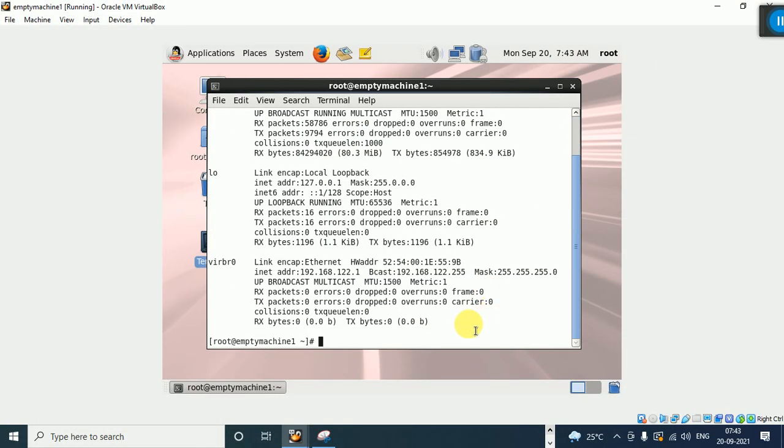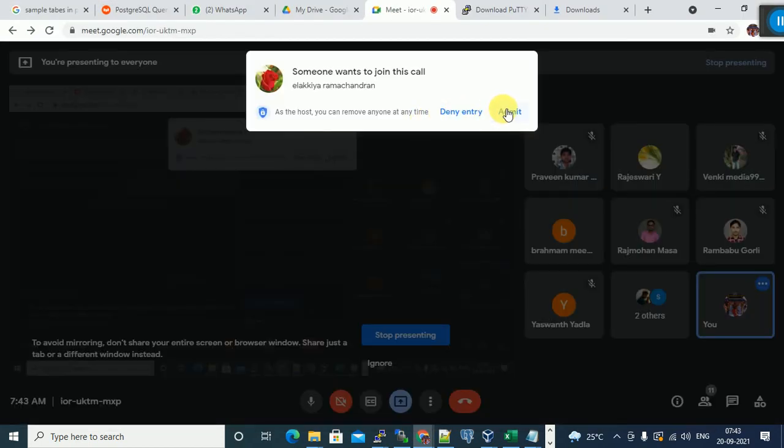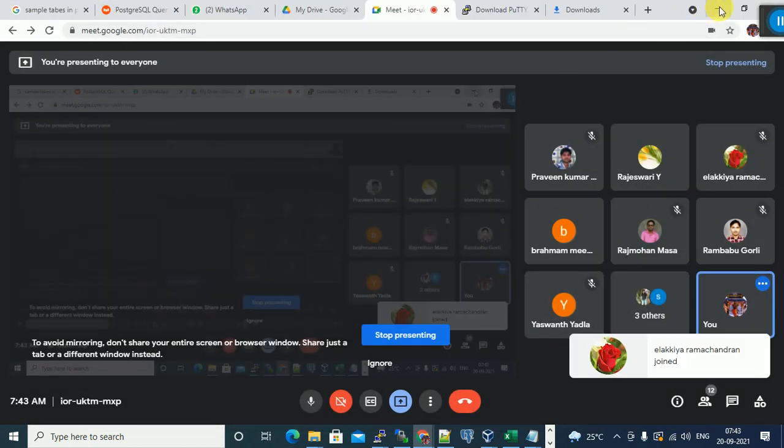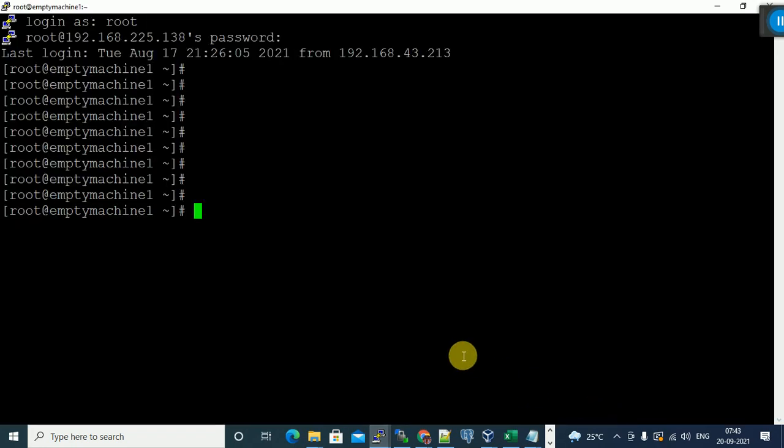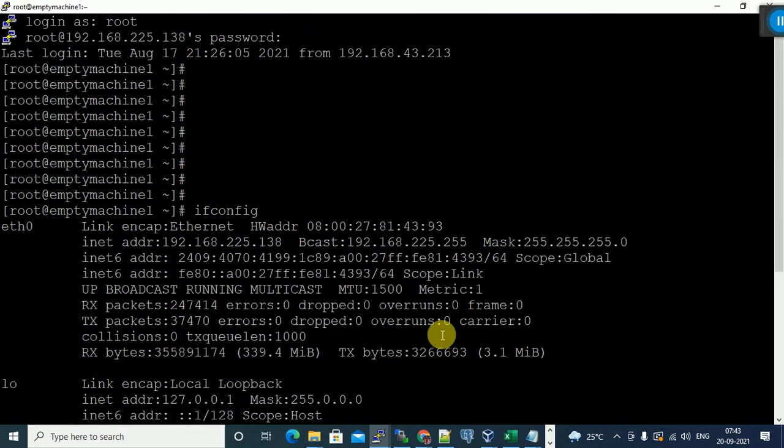Okay, so you know how to take the IP address? Same in PuTTY or physical IP server, you can give ifconfig. This is the command. It gives the Ethernet information. In the first, eth0, this is the Ethernet card, network card. In this, the inet address is the IP of this Linux machine.